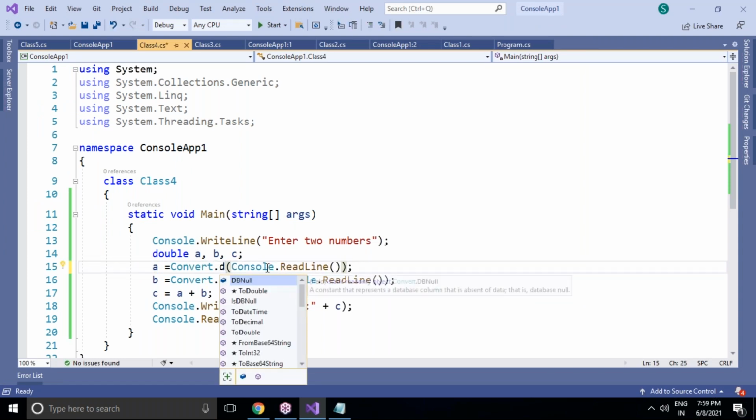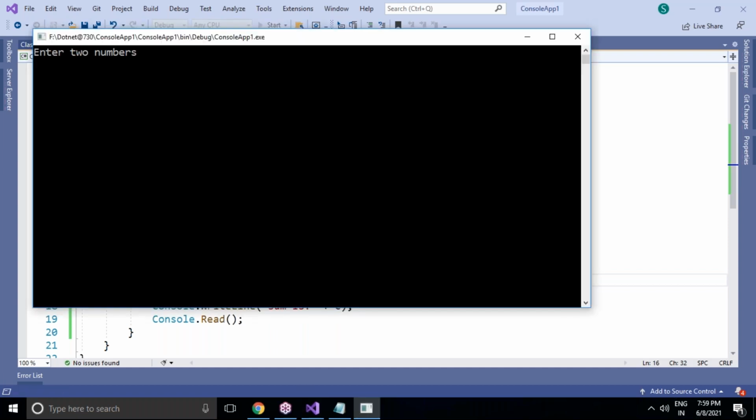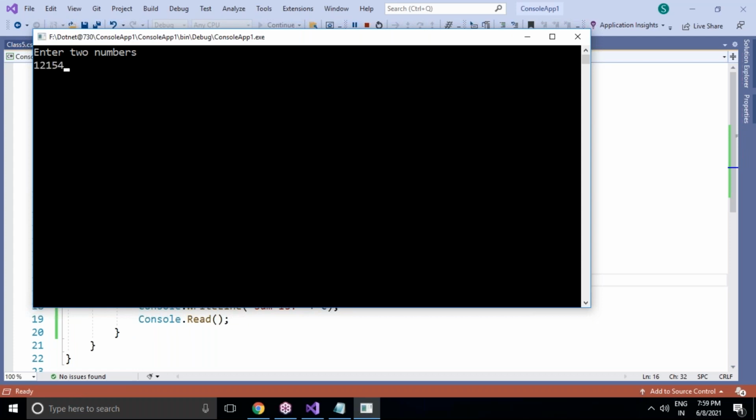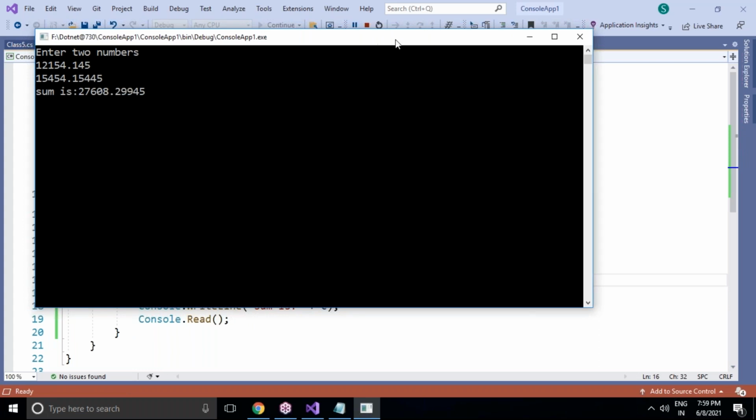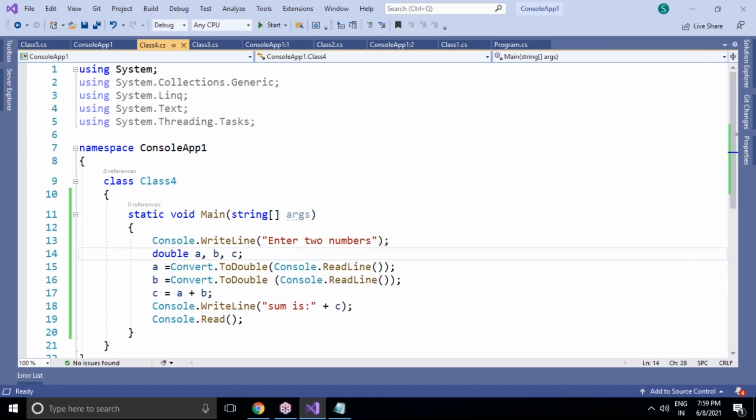We are going to use Convert.ToDouble here, and here also I'm using Convert.ToDouble. So it will work. Let's run this and you can work with floating values and any range of values according to the length of value. Now I'm giving it like this. It's going to work out fine. So this is the way to get the range of values.